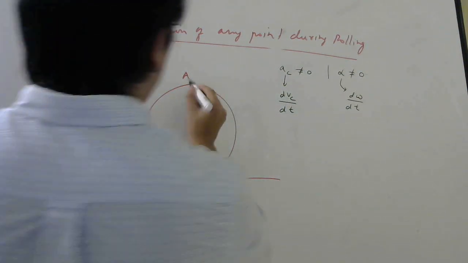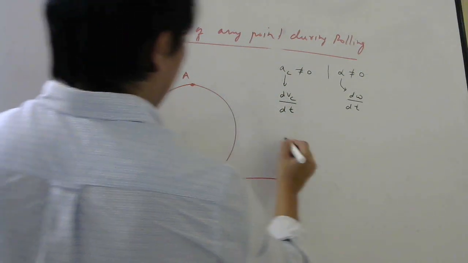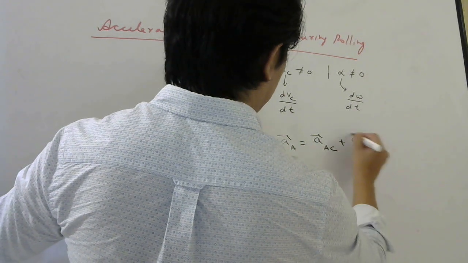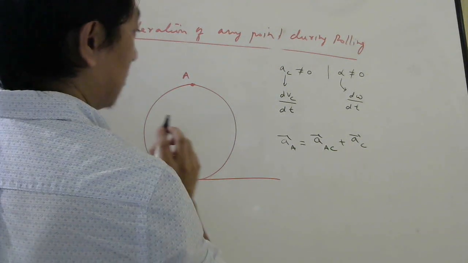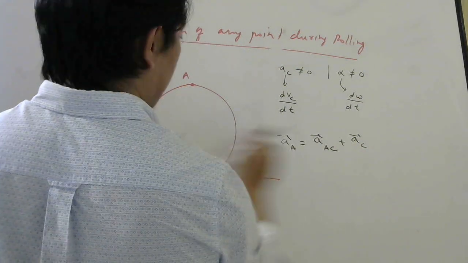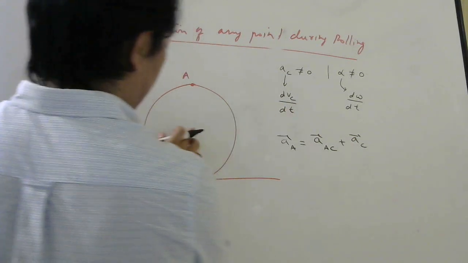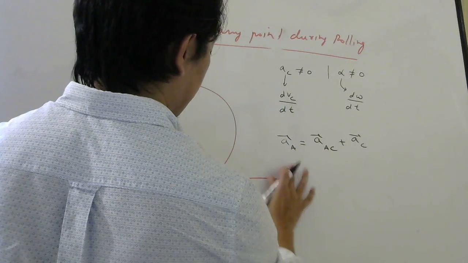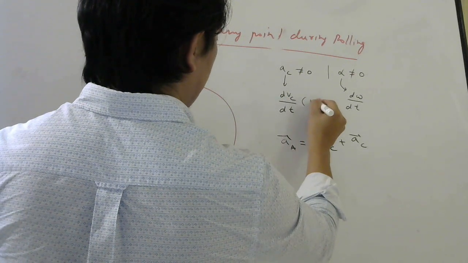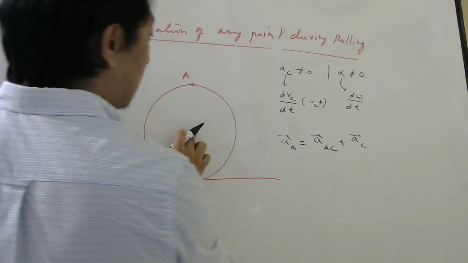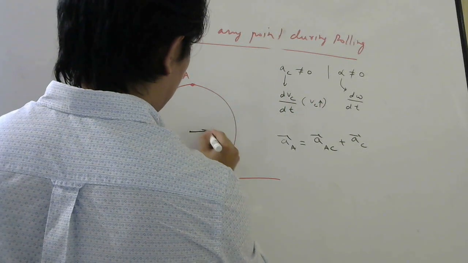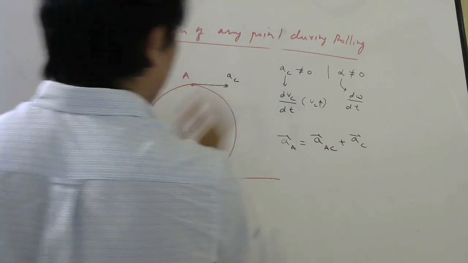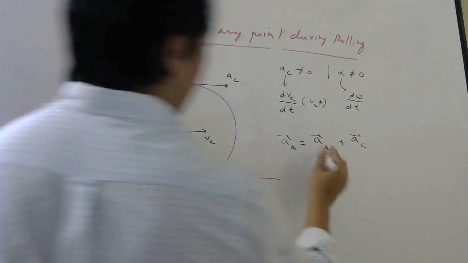Now to find the acceleration of this point, let me write the formula. Acceleration of point A will be the acceleration of point A with respect to center of mass plus the acceleration of center of mass. Understood or not? Now where will be this vector? This vector AC is dvc by dt and vc is in this direction. So let us say vc is increasing. Then the acceleration of center of mass will be in the direction of vc. So if this has vc velocity, the acceleration of center of mass, this AC, will be this side.